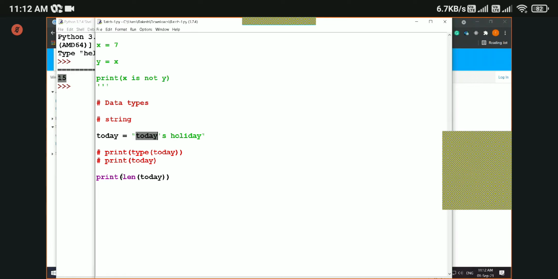So the length function is very useful to know the length of the string or any other value. Okay, remember it. It is very useful when we are talking about loops. In loops, it is very useful. So we know string data type, and what we need to know is string concatenation, right? Let's talk about string concatenation.